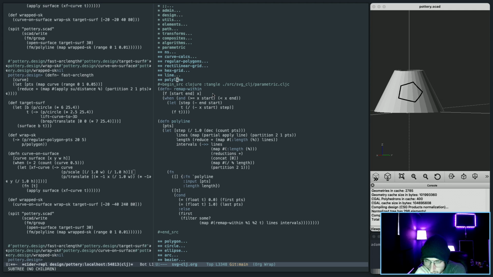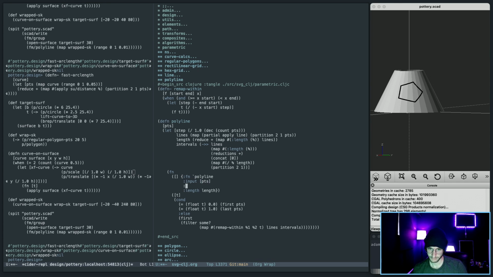So, how do I do it? Corners, vertices, something like that, vertex parameters. And what you do is say,